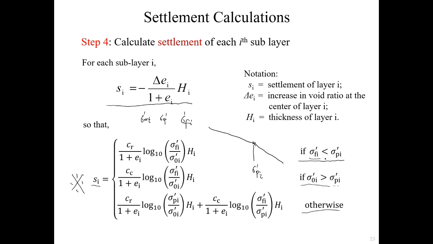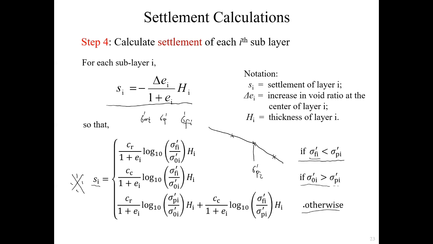Sigma Fi is the final vertical effective stress of that sublayer. That means you are in the OC stage. Then you just use this formula to do the calculation. Or if your initial vertical effective stress is already greater than this one, that's in the NC stage, then you use this formula. Otherwise, if the initial is less than the sigma P prime,